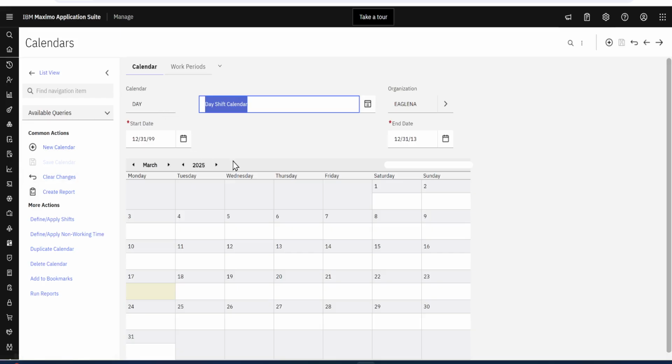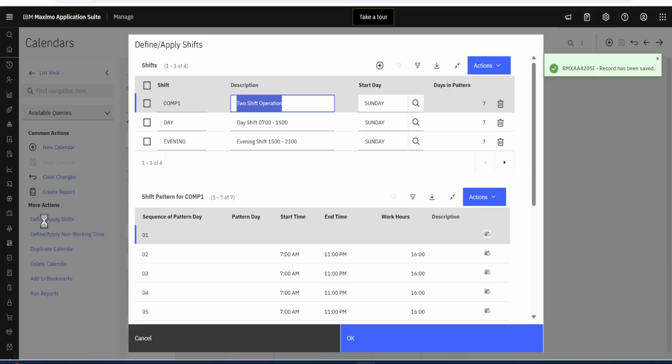Initially there won't be any work period records on the calendar record, but once you provide these basic details and click on define shifts, you have the option to create your shifts, and for those shifts, the working hours,